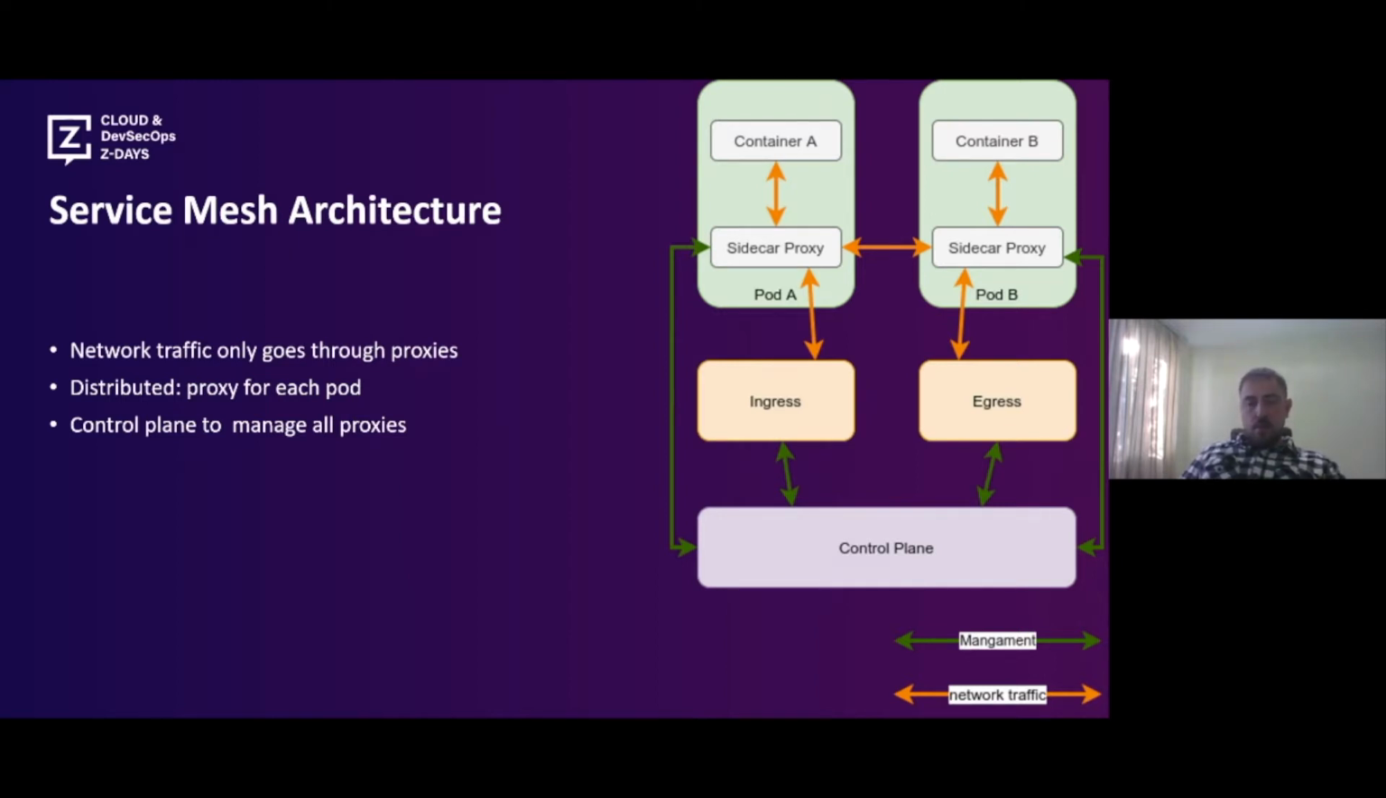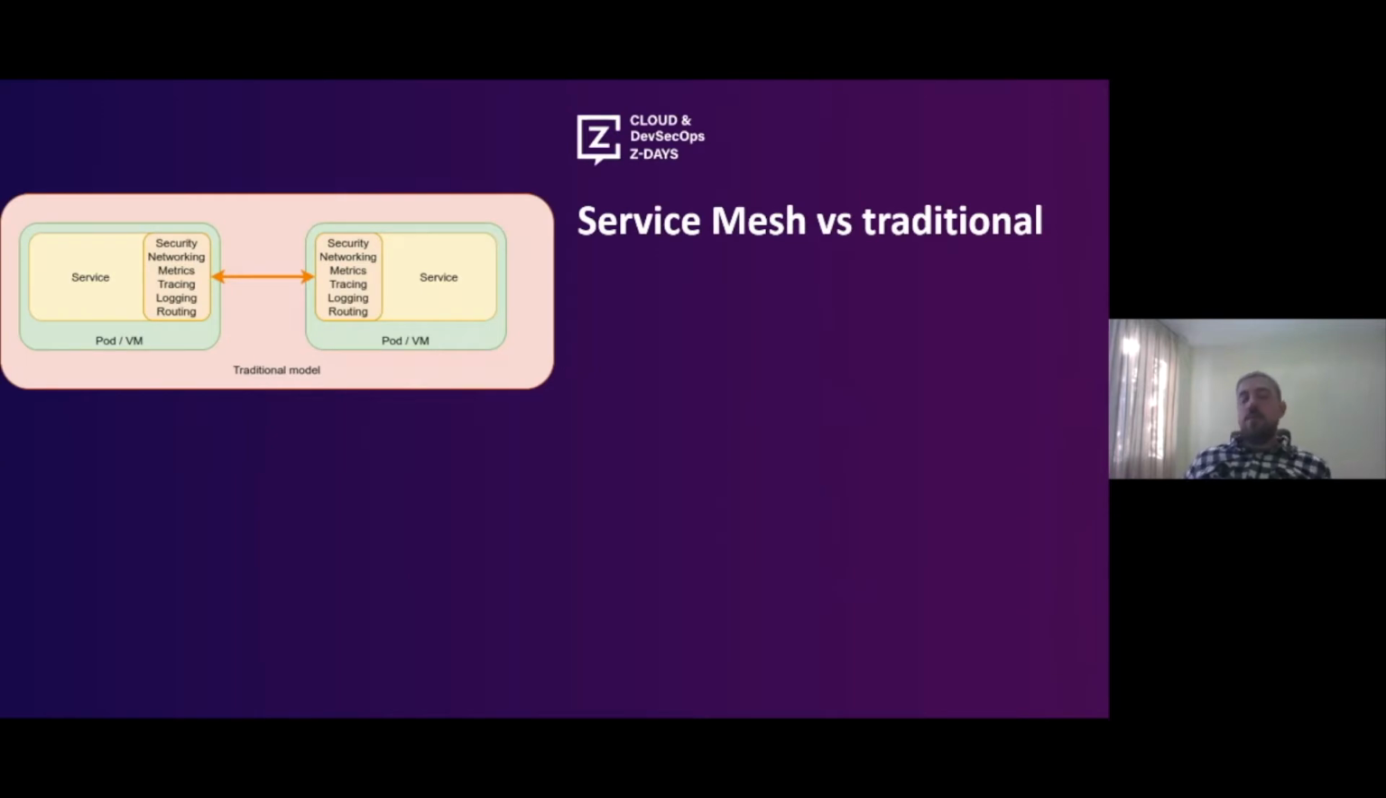Okay, seems simple enough, but here we start with why, right? So how does a traditional application look? There is a service, as you can see on this diagram. A service might be running as a pod on Kubernetes or on a virtual machine. And this service can be anything, right? It can be an API service, a backend, a front-end,